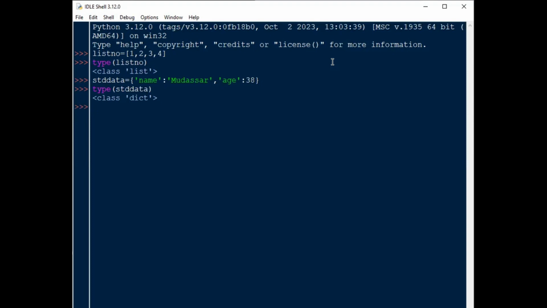Now we'll go ahead and declare one tuple. A tuple is one where we use parentheses. So you can say weekdays, like Monday, Tuesday, Wednesday, and so on. We'll declare only three of them. Now we will see the type of weekdays, that is a tuple. So this is how the first three punctuators are used: square brackets, braces, and